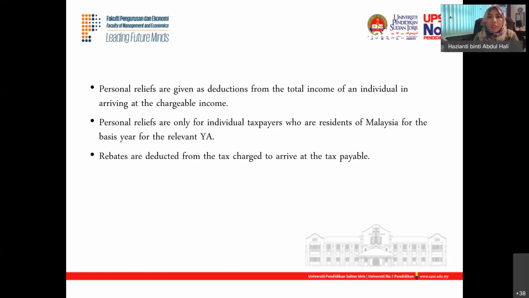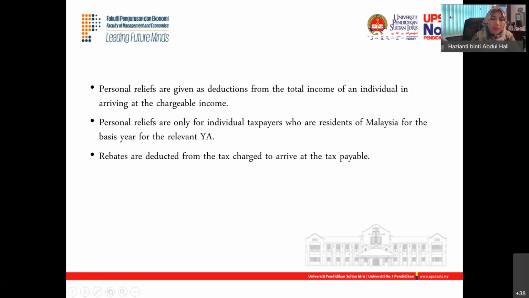So kalau kita tengok balik, even though orang tu dia ada different types of incomes, macam tadi kan kita buat employment, kita buat rental apa semua, and then he or she has the total income. So from total income ni kita akan tolak the personal relief that will reduce the chargeable income sebab the tax will be paid based on chargeable income, not on total income. Kita dah tolak all the reliefs apa semua, kita dapat satu figure which is called a chargeable income.